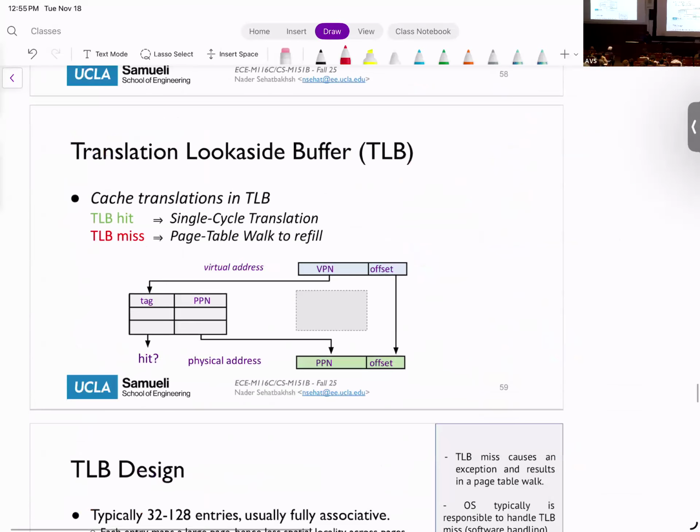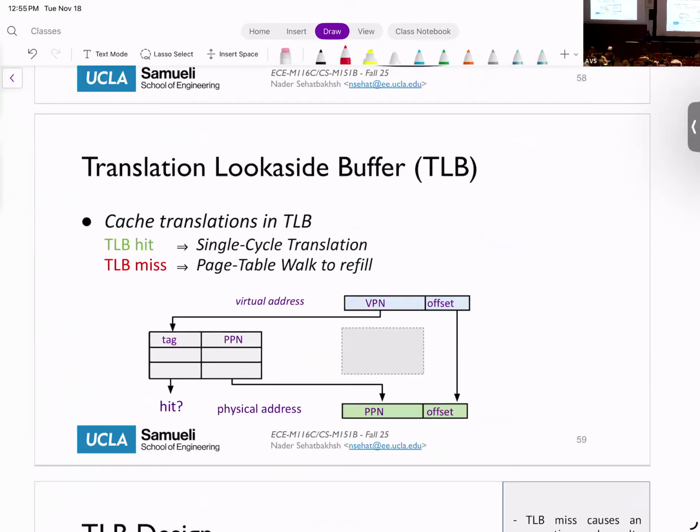So here's the timeline. You essentially cache the recent mappings. You have the VPN address, and similar to caches, you use the tag to remember what you have stored. The tag could be just the VPN number itself, or the lower bits of the VPN number, and so forth.